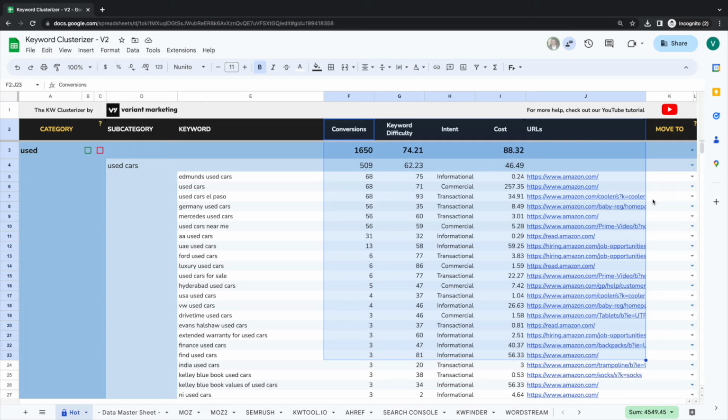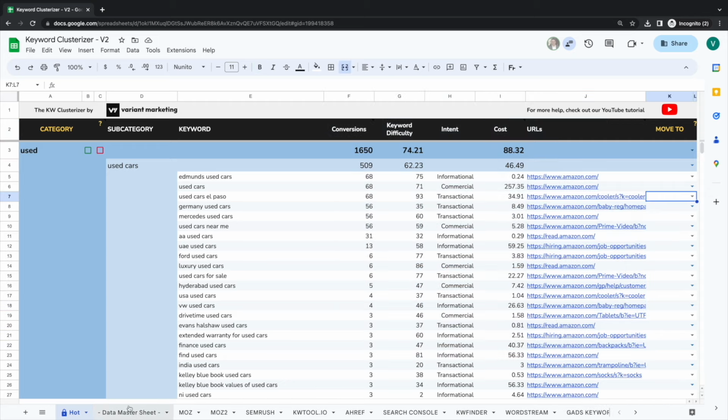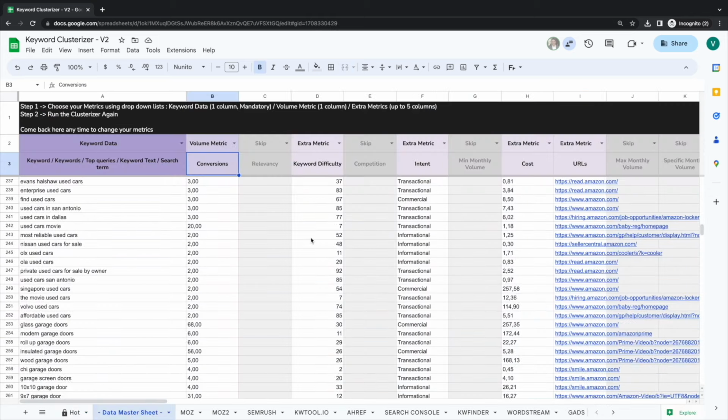Welcome to the Keyword Clusterizer version 2. You will now be able to choose the metrics you want to be included into your keyword clusters. One of the key enhancements in version 2 is the introduction of a mapping step. Using the sheet called Master Sheet, you can now select any metric you want to be seen alongside your clustered